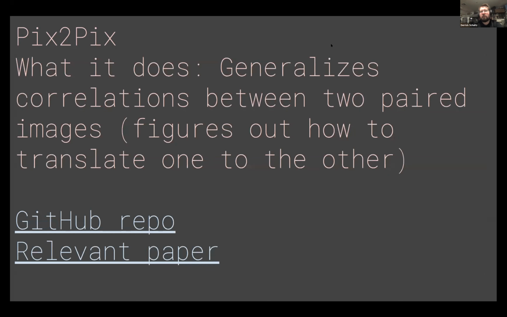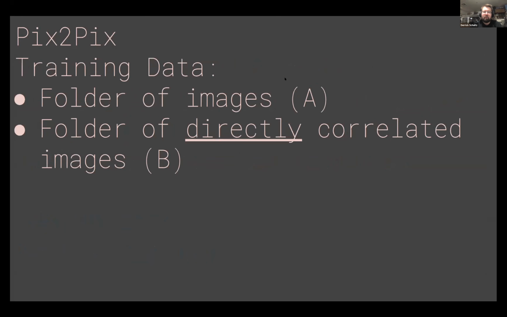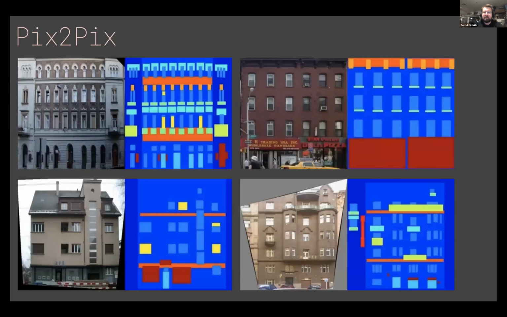So it generalizes the correlation between two images, which is a fancy way of saying it figures out how to translate from one of the images to the other. And the training data for this is basically a folder of two images. So you need a folder which is generally called A, the A data set, and then you need a folder of directly correlated images that is the B. So again, this is an example of image segmentation. So taking a building data set and having a poor data science intern probably go ahead and